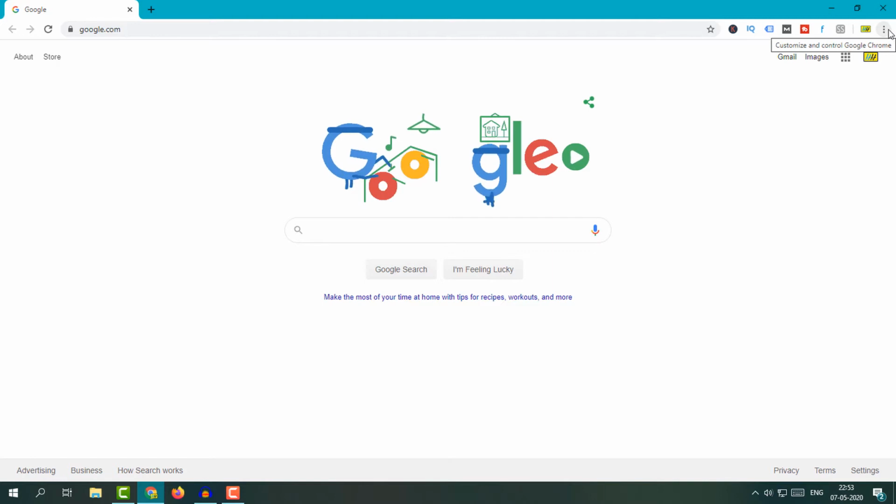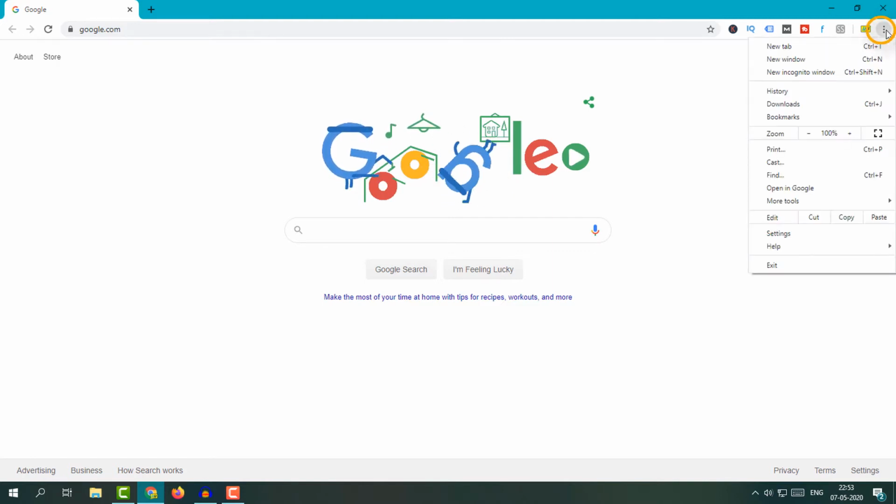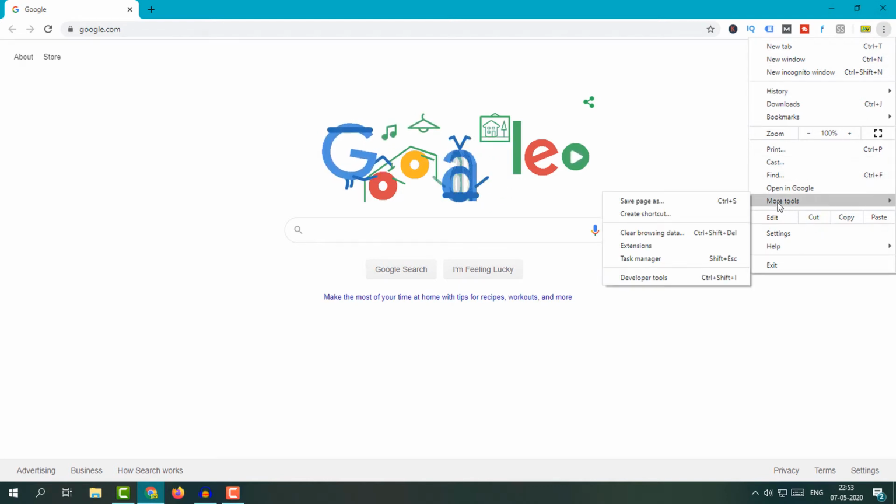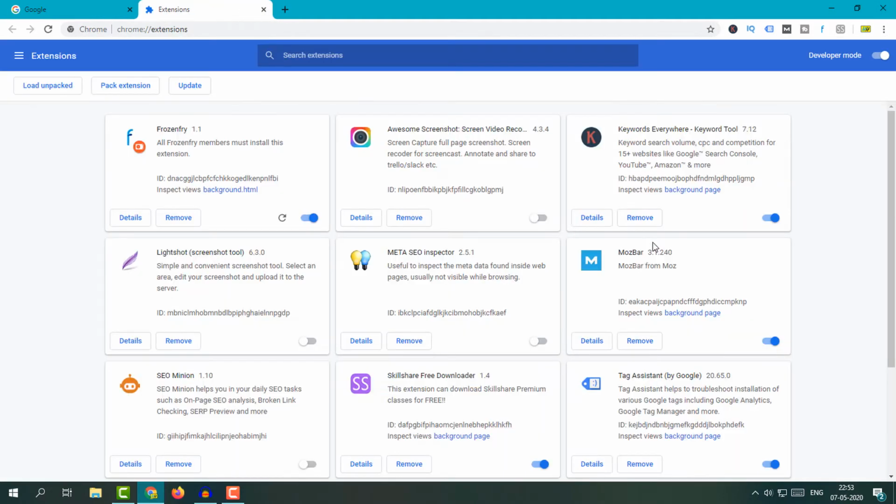So what you will do, simply click on this three dot icon which is available on top. Click here, and now you can go here, more tools, and then click this extensions. And when you click extensions, then here you will get all the details.